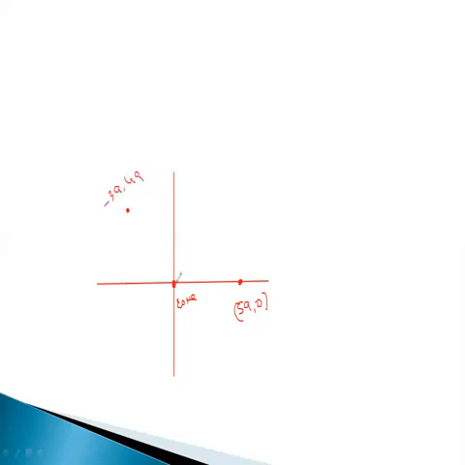First you calculate the distance between these 2 points. This is the origin 0 comma 0. The distance between 2 coordinate points will be root over x2 minus x1 whole square plus y2 minus y1 whole square. That will be here 5a. And here the distance will be root over 3a whole square plus 4a whole square, this also will be 5a. That means from this particular charge, both the points are at the same distance, whatever the direction.